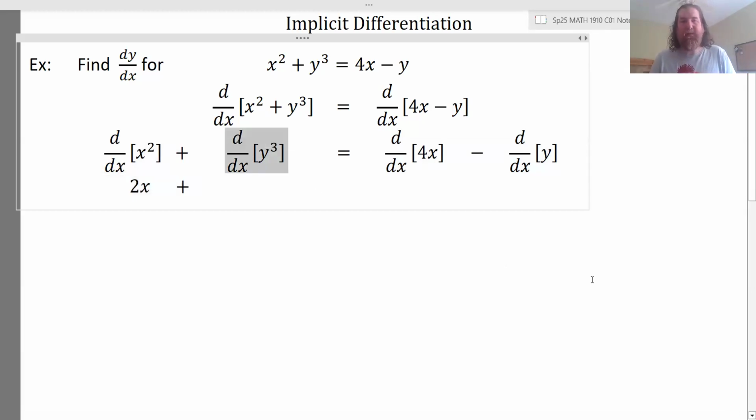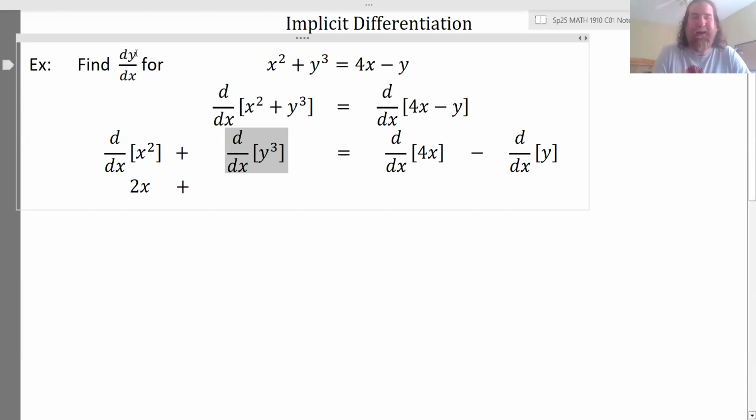This one's a problem, right? Because we're asked to find the derivative with respect to x of y cubed. And I can't do that, right? Because y is the variable. Now, in some situations, if I just asked what's the derivative of k with respect to x, you'd say, because k is a constant, it's 0. Or the derivative of c with respect to x, or of 5 with respect to x. If we're taking the derivative of something that's a constant, the derivative is 0. But y cubed is not a constant. We know it's not a constant because we're explicitly told to